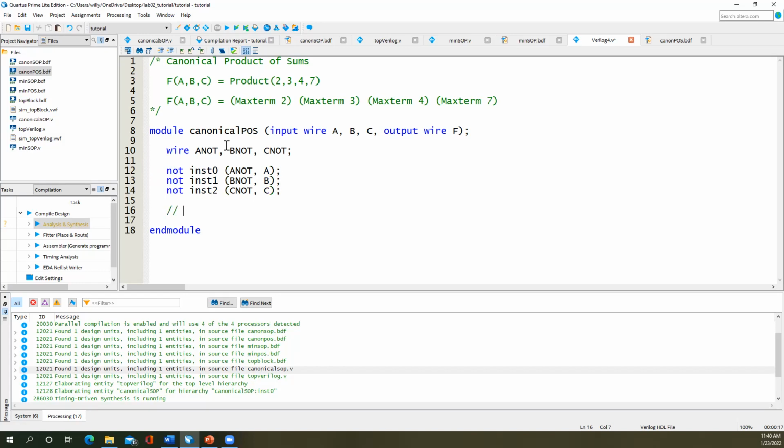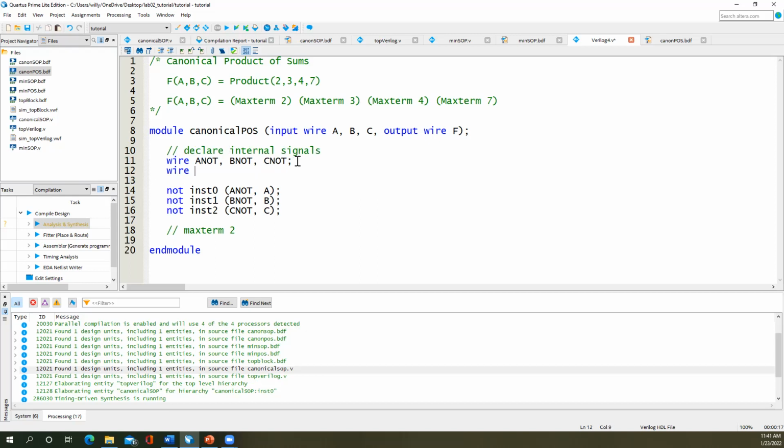And now let's generate, right, max term 2. And let's go ahead and create the signal names. So again, I'm going to put a comment: internal signals, internal to this module. And we're basically declaring them. Term 2. Term 3,